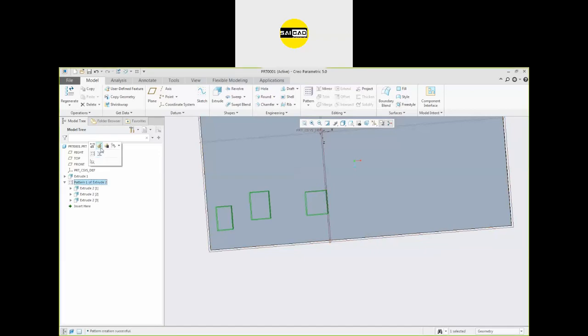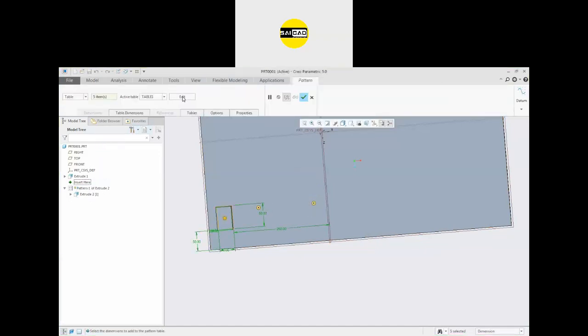Go to the table, find or edit the table from here. Okay, you can see the dimension I have selected. The table dimensions are here. You can remove the dimension, or you can go to the table and edit the table form.